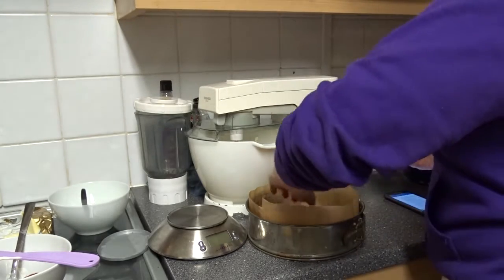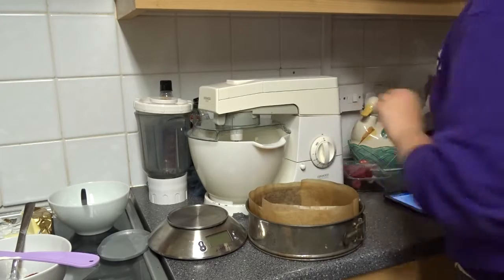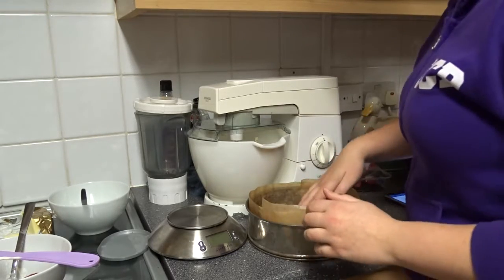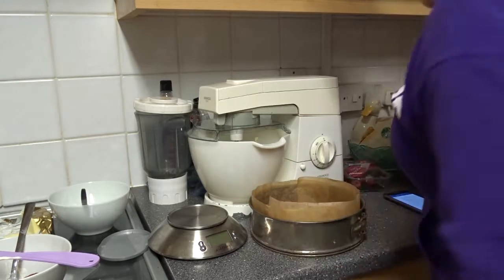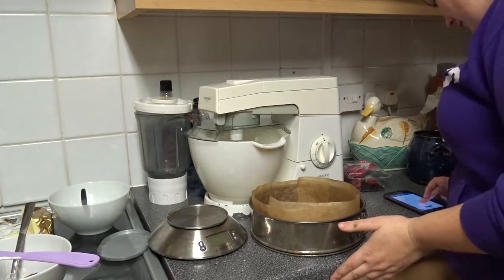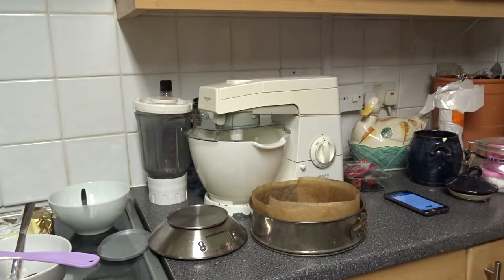Should I put all those in there? A couple for decoration. Keep 4 for decoration. So I'm going to put the raspberries like that. Okay. Just going to grab some foil, because now